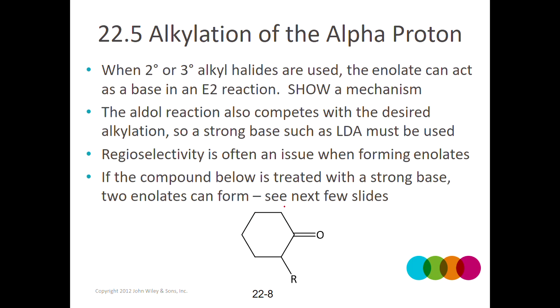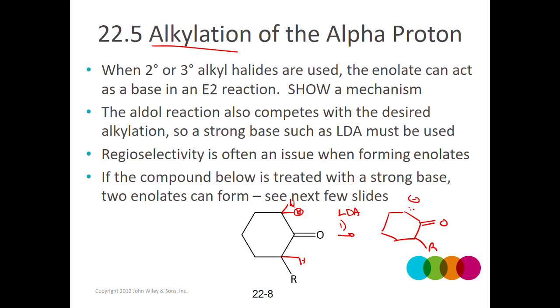But sometimes the structure might not be symmetrical, like this one. Here, I have an R group on one side and not the other. So here I've got a proton, and here I've got two protons. So we want to think about and talk about how to control which enolate forms. Because if this proton is removed, we would get this enolate, and this would attack, if we're doing this alkylation reaction. This would be the first step. We would add LDA, potentially,